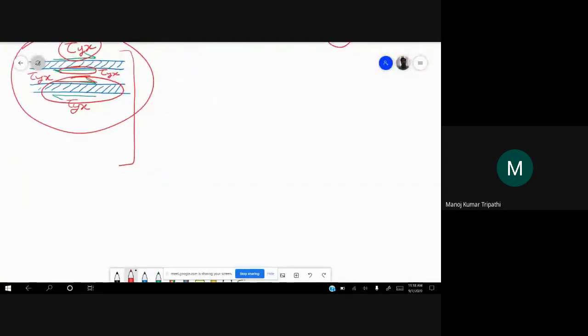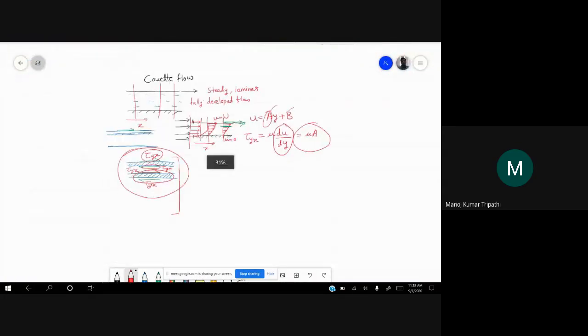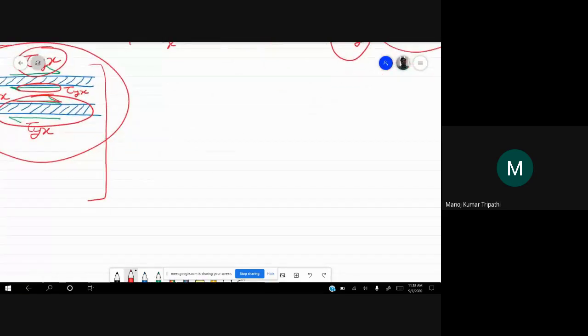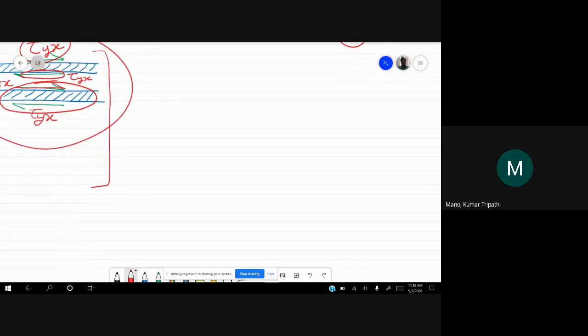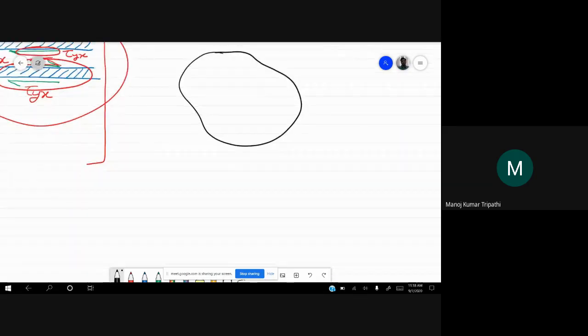So let me go back to the sign convention that we are using. Let's say there is a fluid blob or solid blob, any substance, and let's say at a point we want to find out what the stress is. Now we know that to define a stress, we need two things. One is the force that is acting, and the other is the surface area that we are considering, because stress is force per unit area.